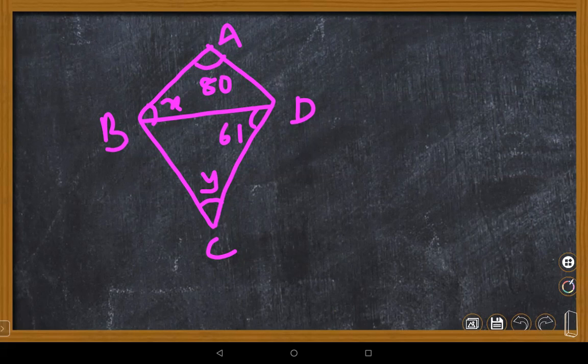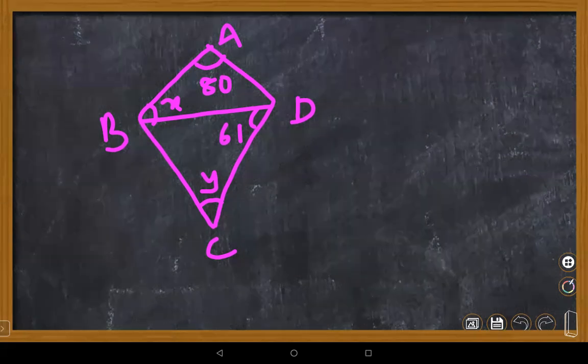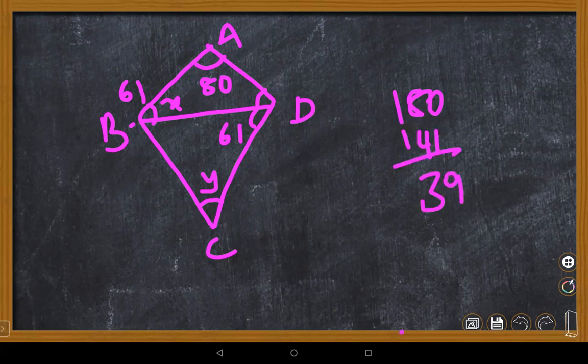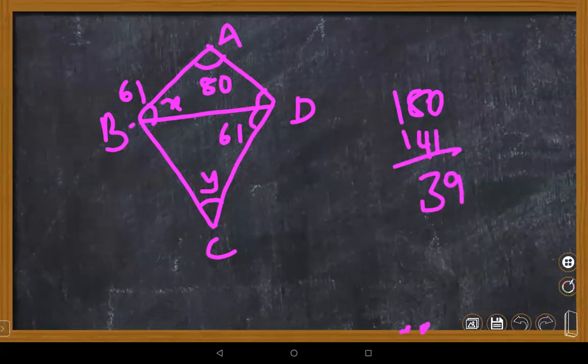This is opposite to X. Anyway, you are taking X as alternate interior angles. We are taking it as 61. If you take this as 61, what is this angle? 61 plus 80 is 141. 180 minus 141 gives 39. If this is 39, this angle becomes